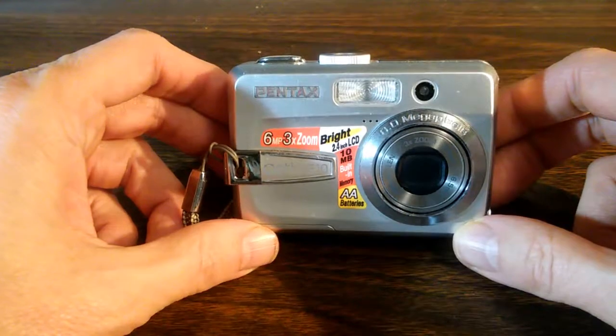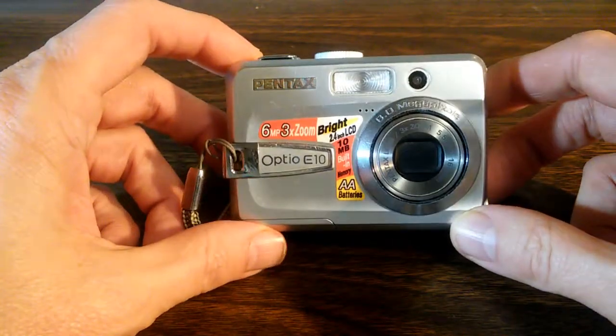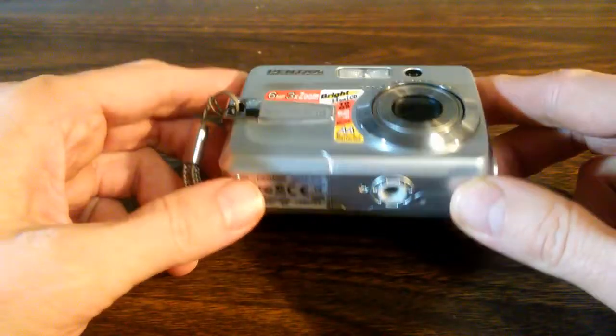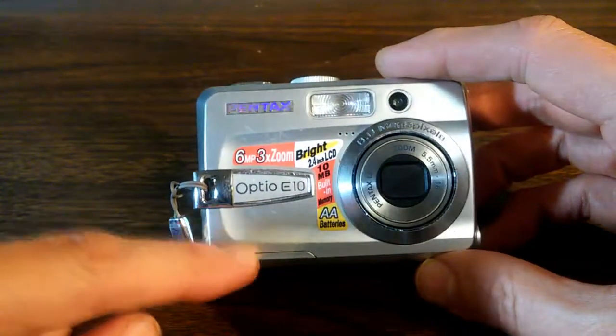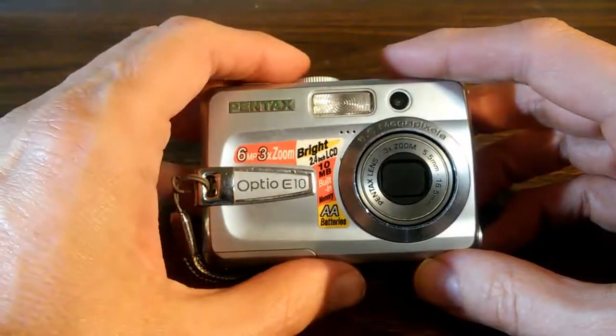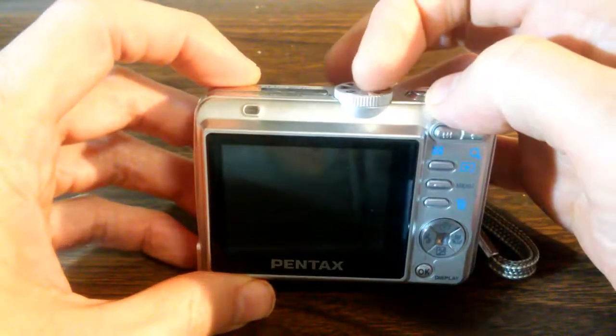Now, here's a problem I'm having with this camera. It seems to read the voltage on the batteries incorrectly. I have two fully charged AA alkaline batteries in here. They both measure 1.5 volts. But when I turn the camera on,